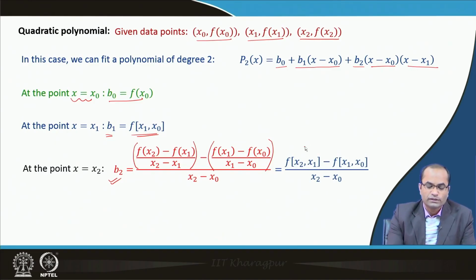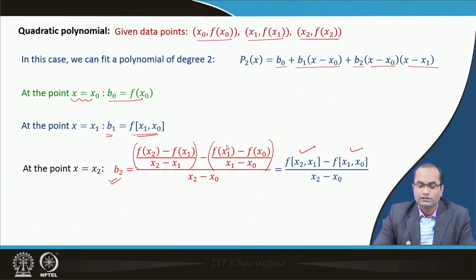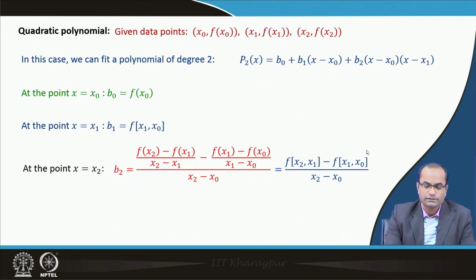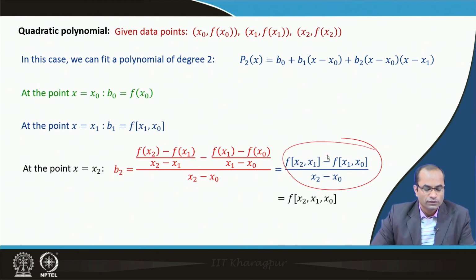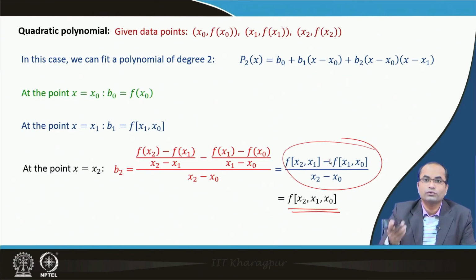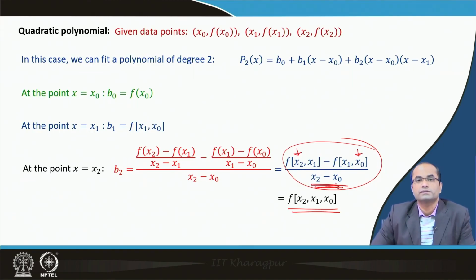That means, the first one is f[x 2, x 1], and the second one is the divided difference, which is denoted by f[x 1, x naught], divided by this x 2 minus x naught. So, here we have another divided difference of this higher order, because this is again the difference of those divided differences which we have computed first, and then divided by the maximum difference between these nodal points we have. So, x 2 was the highest value and x 1 the minimum value. So, that difference is coming in the